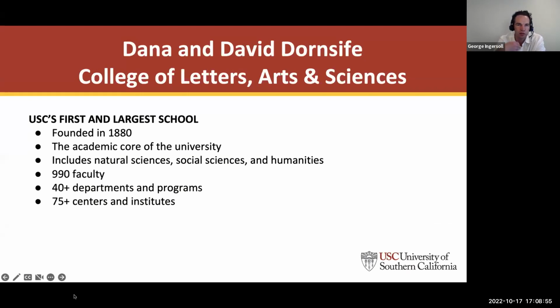So as you can see, Dornsife College of Letters, Arts, and Sciences, founded in 1880 with the founding of USC, is the academic core of the university. It includes natural sciences, social sciences, humanities, nearly 1,000 faculty. When you add the departments and centers and institutes, it's over 100 within the college. And 1,300 doctoral students, conducting scholarship and research across an incredible array of disciplines, many at the very cutting edges of their fields,